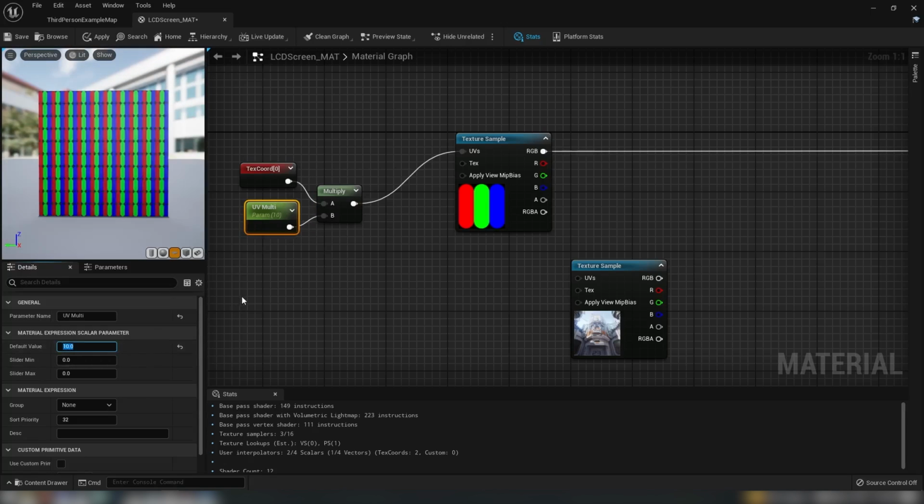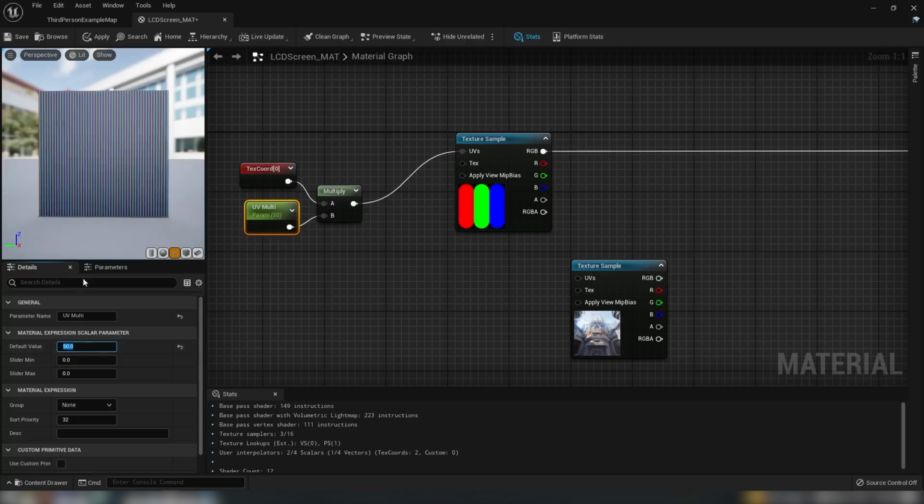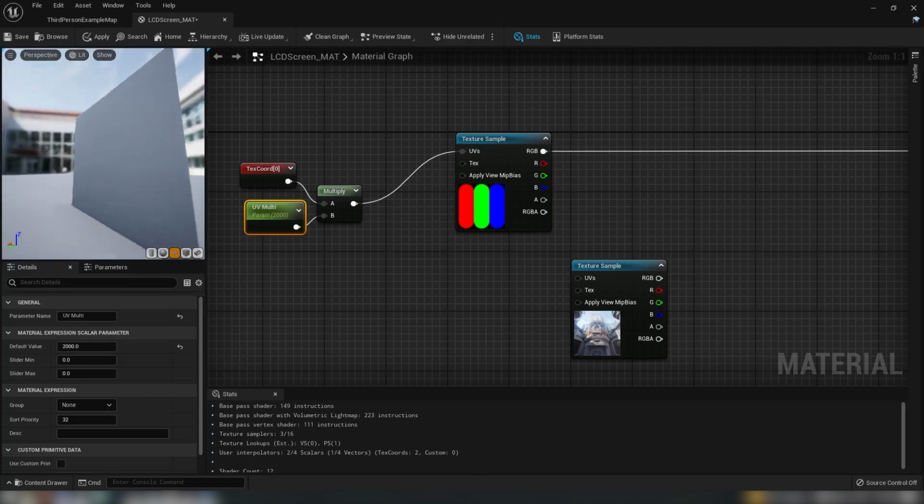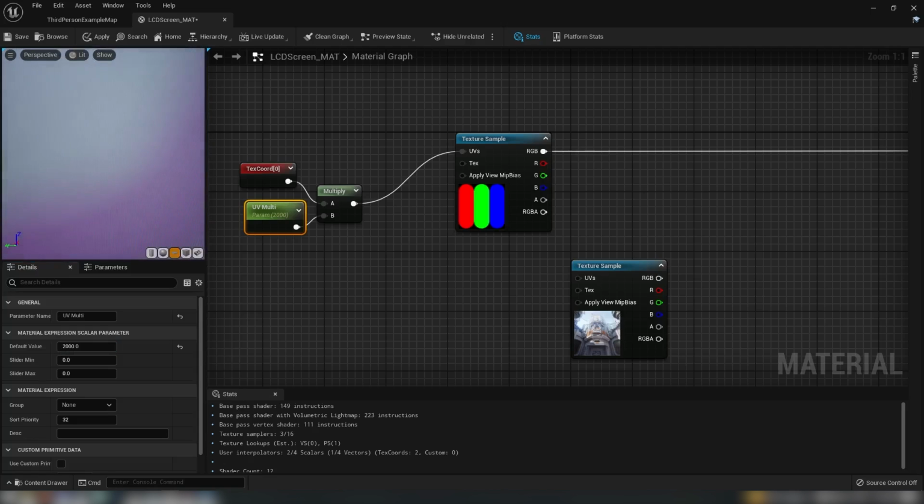But if we bump this up to say 10, now we get 10. If we bump it up to 50, now there's 50. We can do as many as we want, like 2,000 if you wanted to. And we can see the effect working here a little bit. 2,000 is probably a little bit high. Let's go down to say 1,000. We'll halve that. But you see, when we multiply these pixels way out, the resulting color that we get is this pleasing middle gray. But if we zoom in